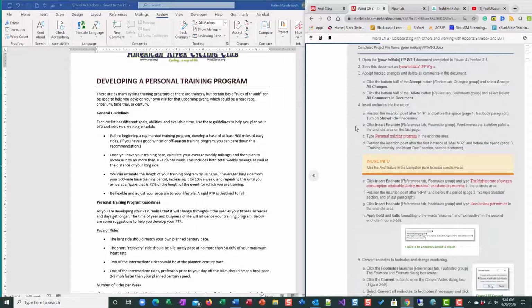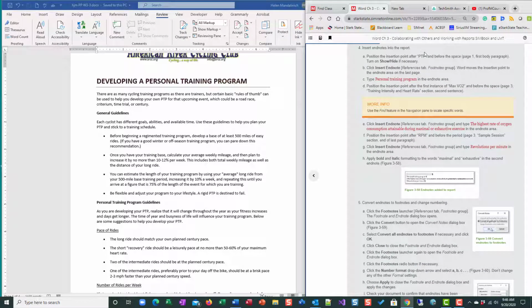So on step number 4, we want to insert endnotes. So endnotes and footnotes are both in this category of extra information. The only difference between an endnote and a footnote is their location, but they're used to put information like, if you use an abbreviation, what does that abbreviation mean? Or something like an FYI about something that's in your document that isn't incorporated into the actual text, but rather